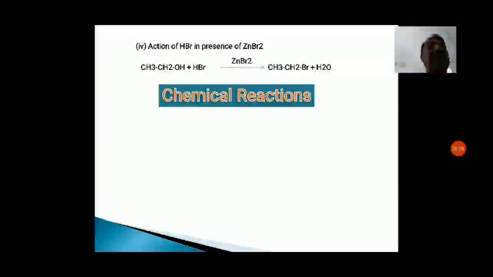The last one is of the same pattern, where we can treat alcohol with HBr in the presence of a zinc catalyst, zinc